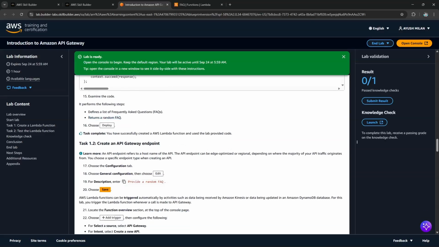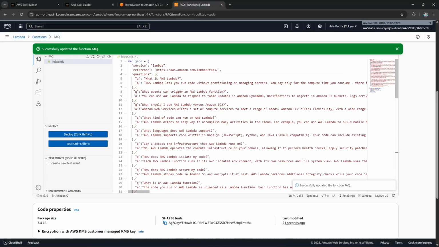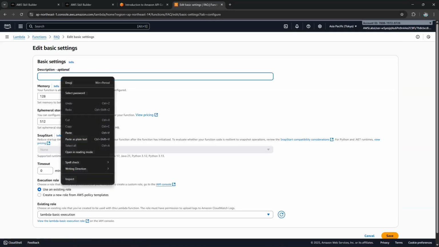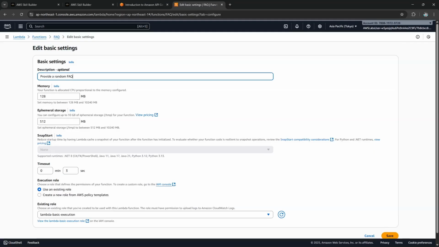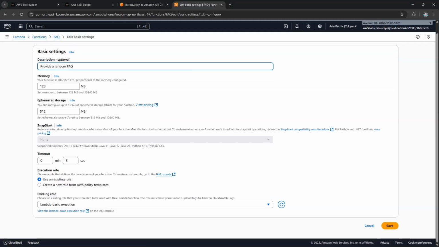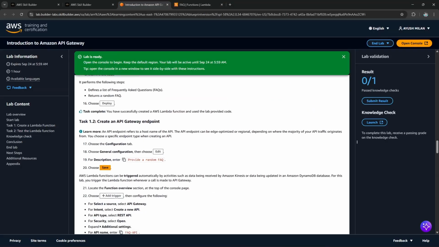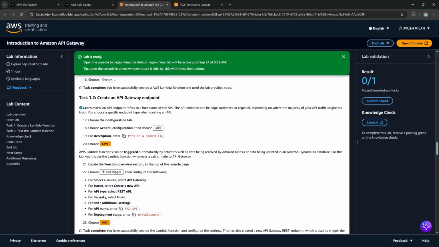To create an API Gateway endpoint, choose the configuration tab, go to the general configuration and choose it. In the description we will provide a random FAQ and click on save. So just go to the configuration tab, in general configuration, let's edit its description, like what its functionality is, provide a random FAQ and click on save. So this is the functional overview which we are setting here first, and then we will add the